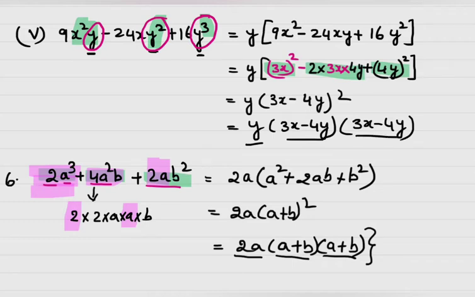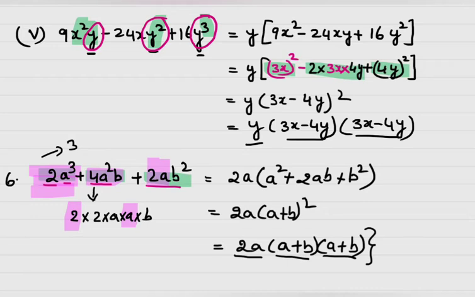What you have to keep in mind is children, if the order of the equation is 3. See how you can find out the order of the equation. The highest power, see here what is the power. A cube means power is 3. 4a square b, for a you have power 2 and for b you have power 1. So total here also power is 3. See here, power 2 to b square and power 1 to a square. So here also power 3. So when you have the power 3, highest power is 3 in your equation, then you will have 3 factors.